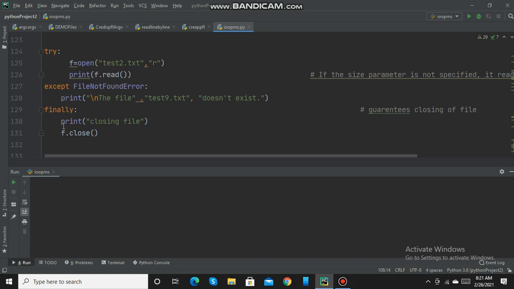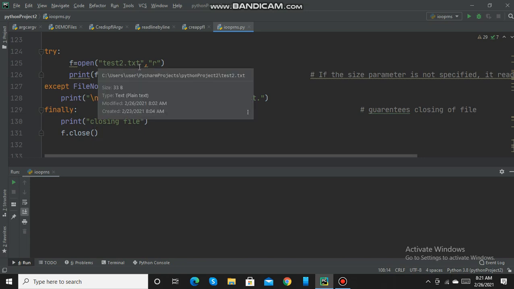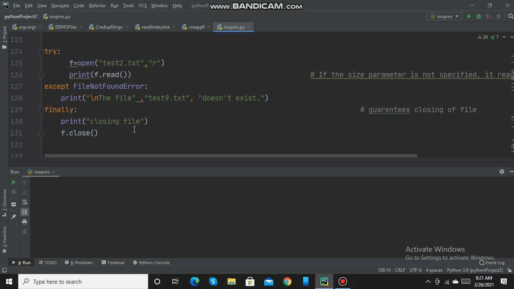Here I am trying to open a file in read mode, and if the file is found, you have to close the file. If the file is not found, then the exception is raised, and then also you will have to close the file. So under all circumstances, you have to close the file. To guarantee the closing of the file, we use this finally clause.